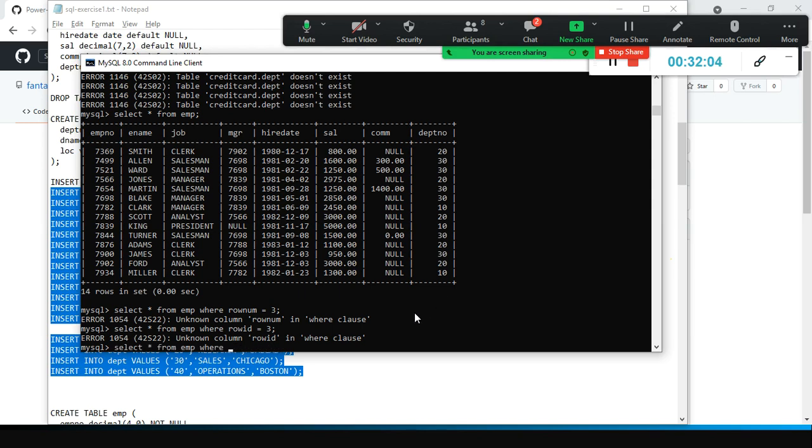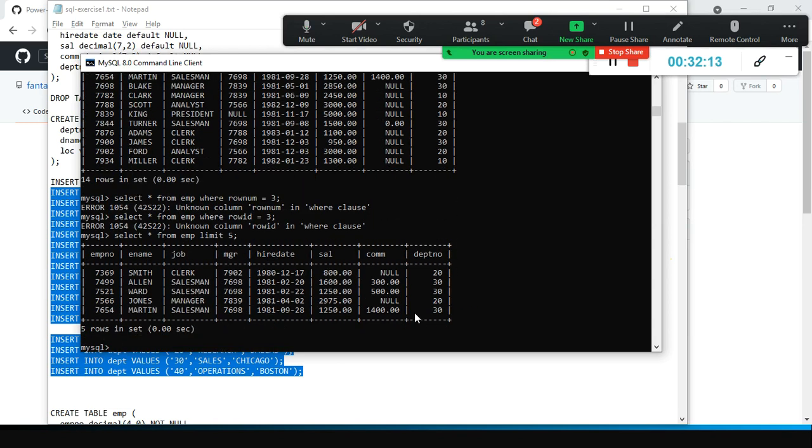Supposing I don't want to select all the records from the employee table. Okay, and limit 5. I just wanted to see the 5 records only. I don't want to see the entire records, only the first 5 records. I wanted to see that.